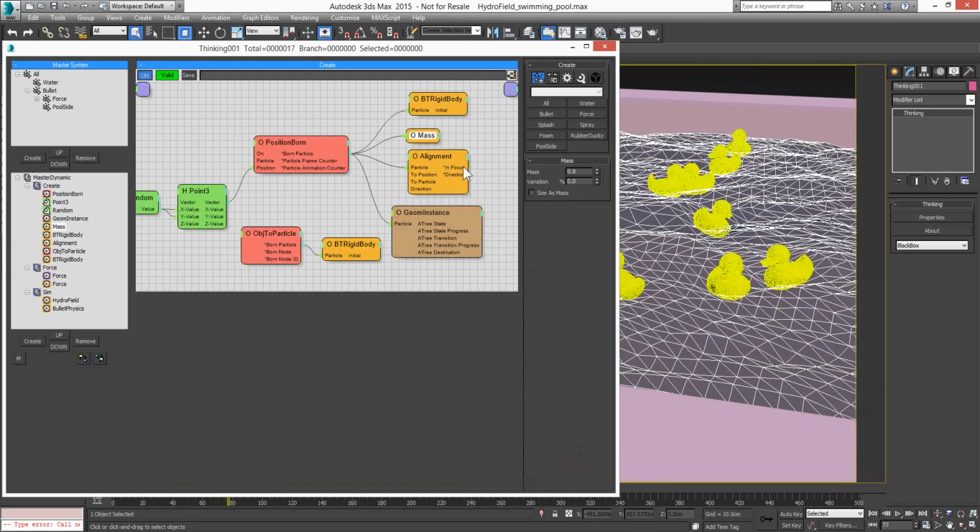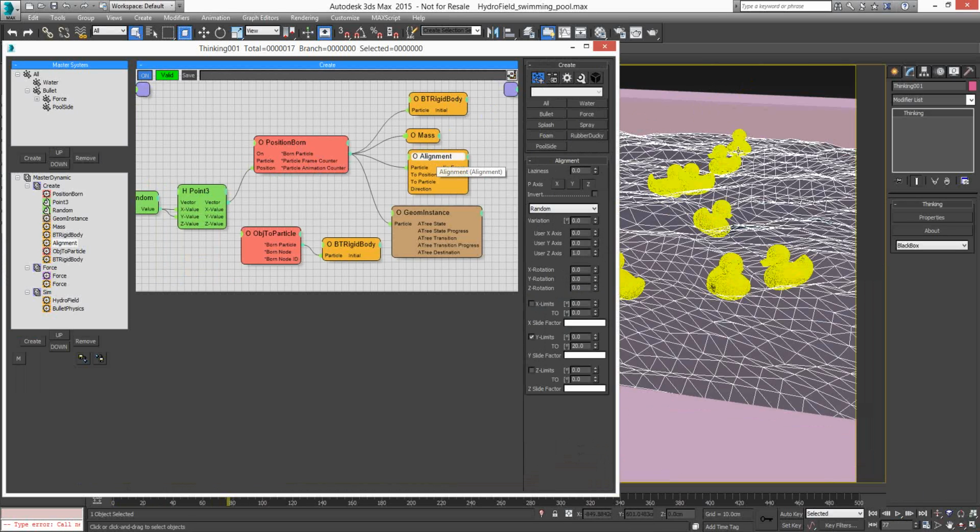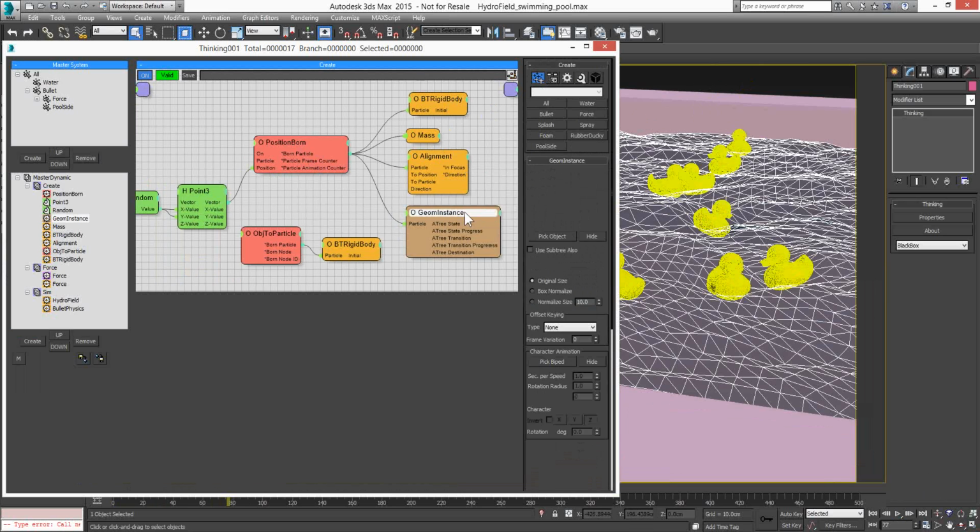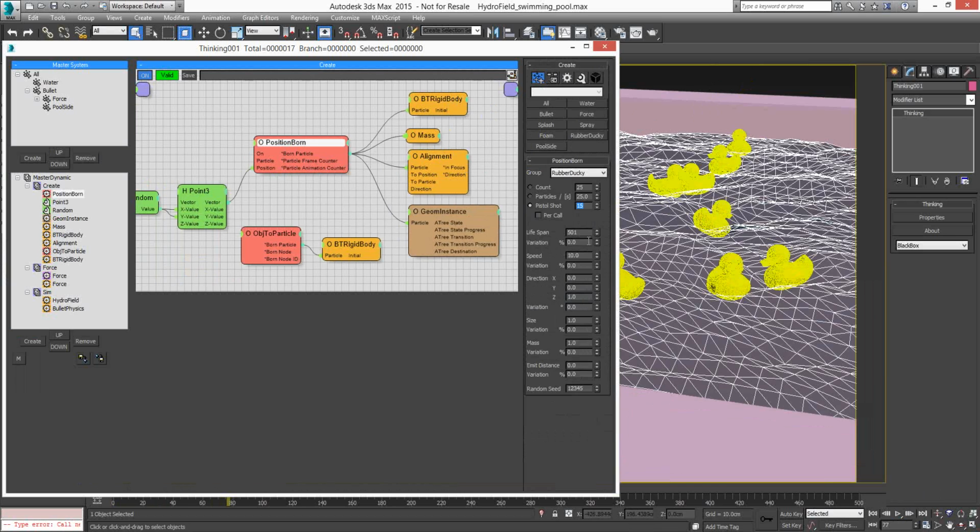We want to have some randomness when we drop the duckies, and we want to actually use a rubber duck as a geometry, so we assign the shape as well. So these particles are created. Right now I'm doing 15 rubber duckies. I can easily go down to 5 rubber duckies. Let me go back,